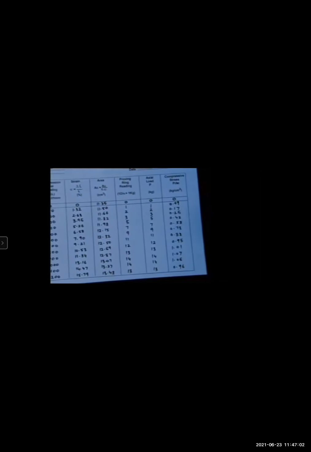So as shown, we can fill the observation sheet, and on the basis of the observation sheet, we can find the